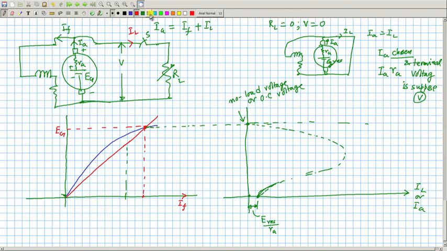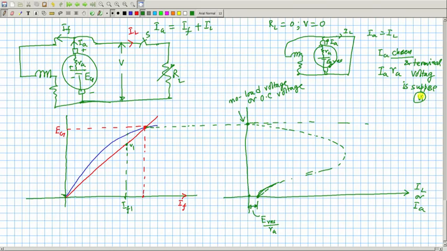So choose a V. If you have chosen V, I will say field current is this much. How much is the generated voltage? Assuming speed remaining the same, the generated voltage must be this much. From the OCC I can read. So, for V, the field current must be this much, say IF1, and say the terminal voltage is V1,